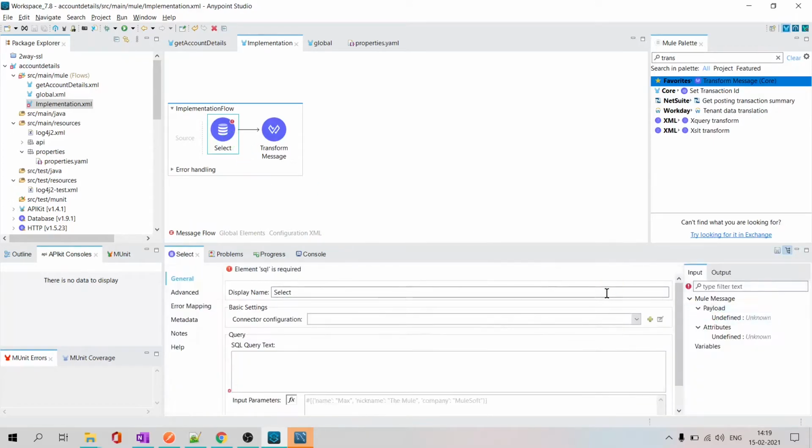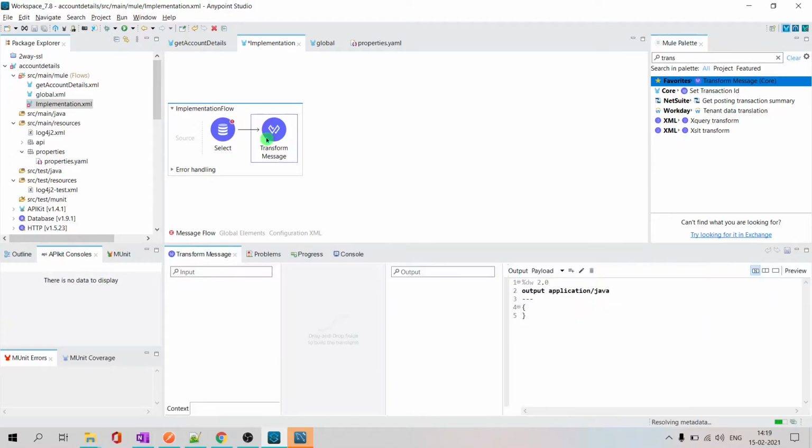Now, proceeding with our development in the implementation flow. Go here. Here we refer to our connector properties. We enter the SQL query. This is the table I have. That is okay. Let us quickly do a small mapping. To observe, we did not mention any metadata for the database connector, but you can see that it has created a structure already, a sample structure. That is because my database is local, so the DB connector connected to my database and got the table structure. That is the beauty of MuleSoft. It makes your life easy, damn easy.